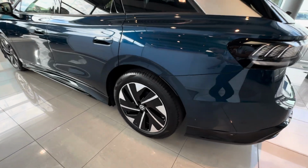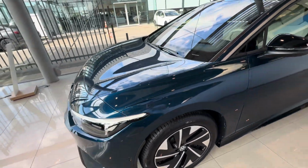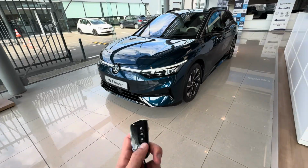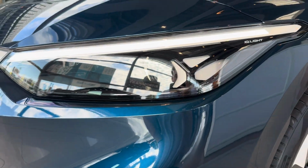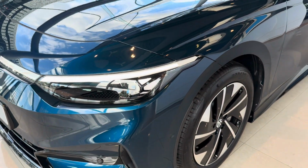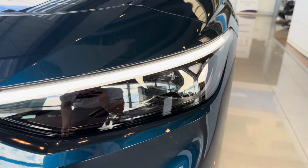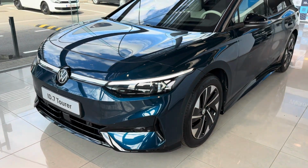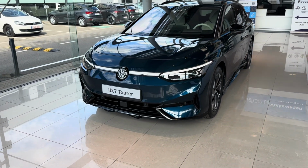In the back you have 255mm wide tires and it's rear-wheel drive, so you have very good traction with these very nice and wide tires. And in the front it's also very special because let's unlock it again, and there you'll see this car has eyes and they come to life and it's just like the car is living and has a character. There you see. Let me close up. Yeah, there you can see it. So it is a very nice piece of engineering, and especially this light design, when you drive with it at